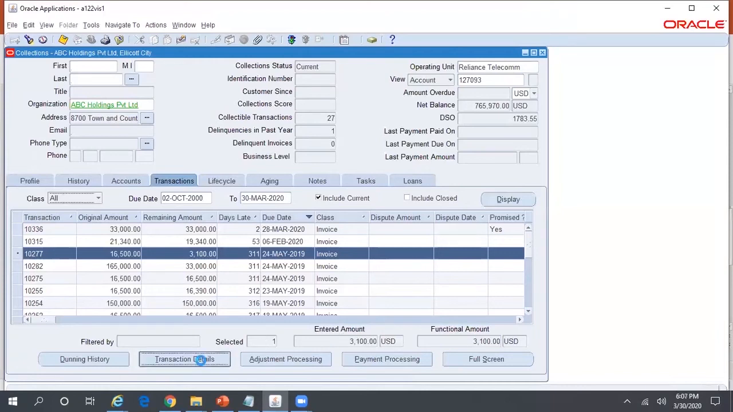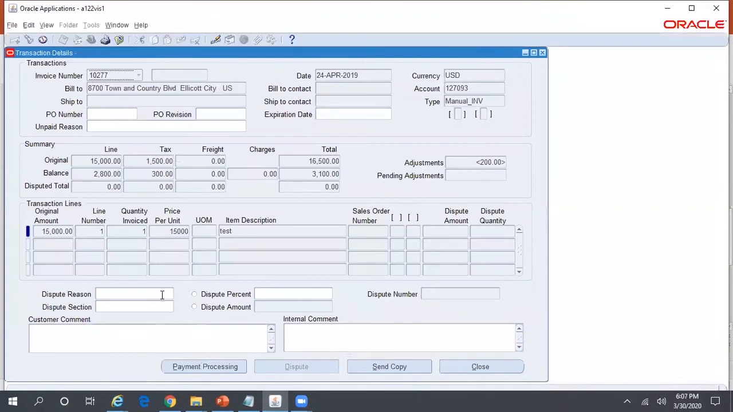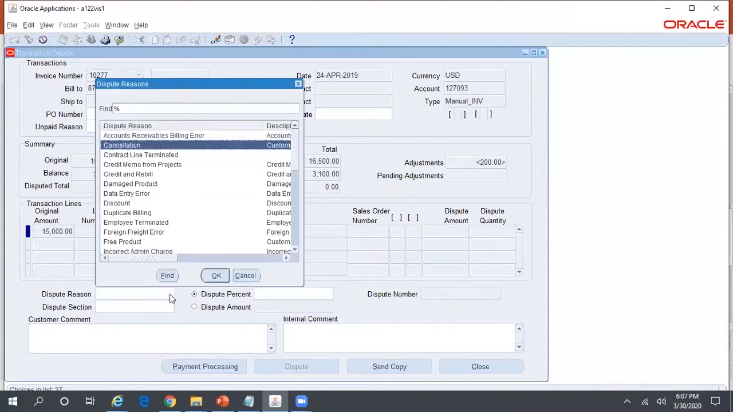Okay, click on this transaction details, dispute reason. So dispute reason, as I mentioned, disputes are nothing but a credit memo. So when you click on the drop down, dispute reasons are nothing but your credit memo reason codes. Even in your AR, whenever you create a credit memo, you need to mention the credit memo reason code. So the same is appearing here. So let me just say